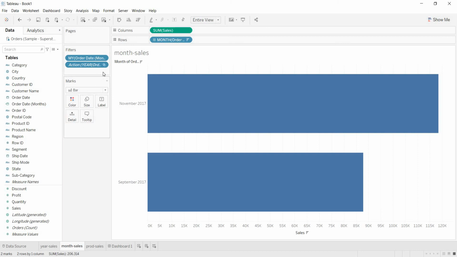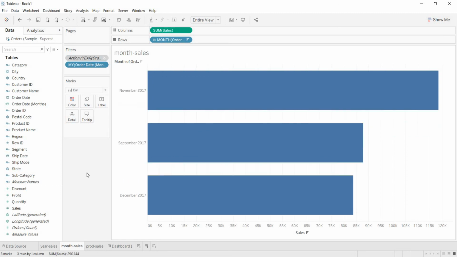Now, this is also performing filter on this sheet, right? And we already performed top 3 here. These 2 filters are independent of each other. Now, what I am doing is, I am making this action filter a context filter. Why I am making this a context filter: context filters will work as independent filters, that they will go and hit the database and get the data. All other filters will work as dependent filters.